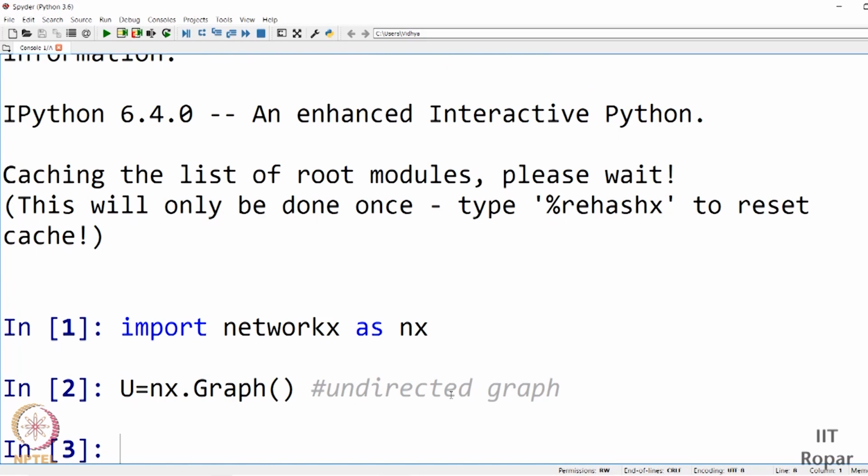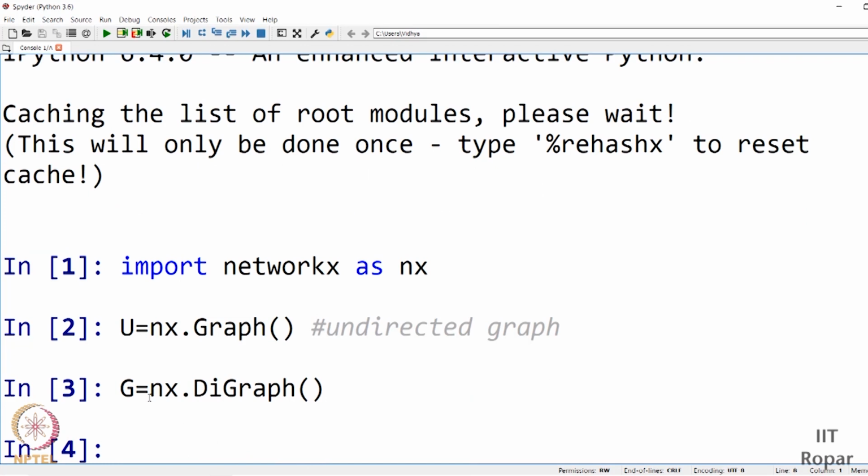In case you want to create a directed graph, how would we do that? Let me say G is my graph. I'll create it. nx.DiGraph is the command. Observe that D is in caps and G is in caps. DiGraph is another term we use to say directed graph; you can consider it a sort of acronym. D and G have to be in caps, please observe this. So a DiGraph, a directed graph object, has been created.